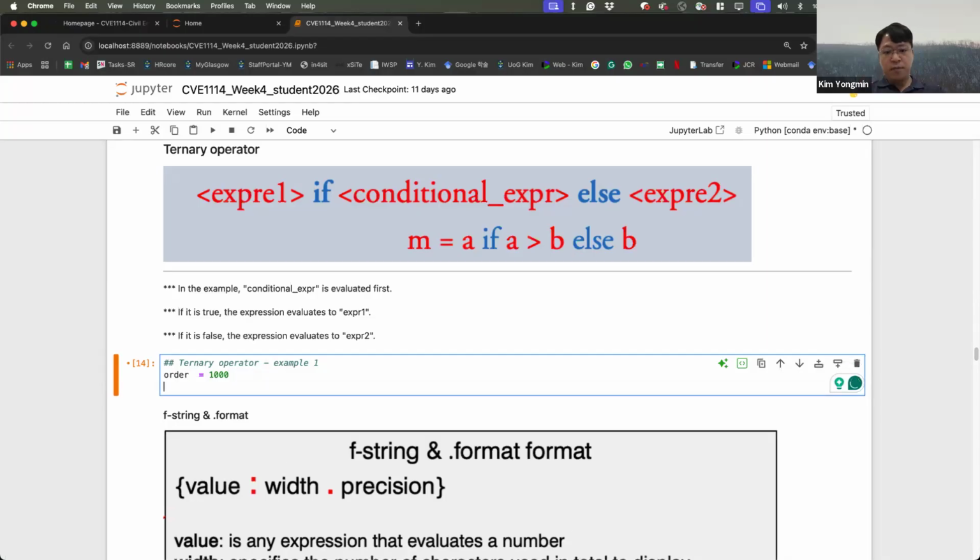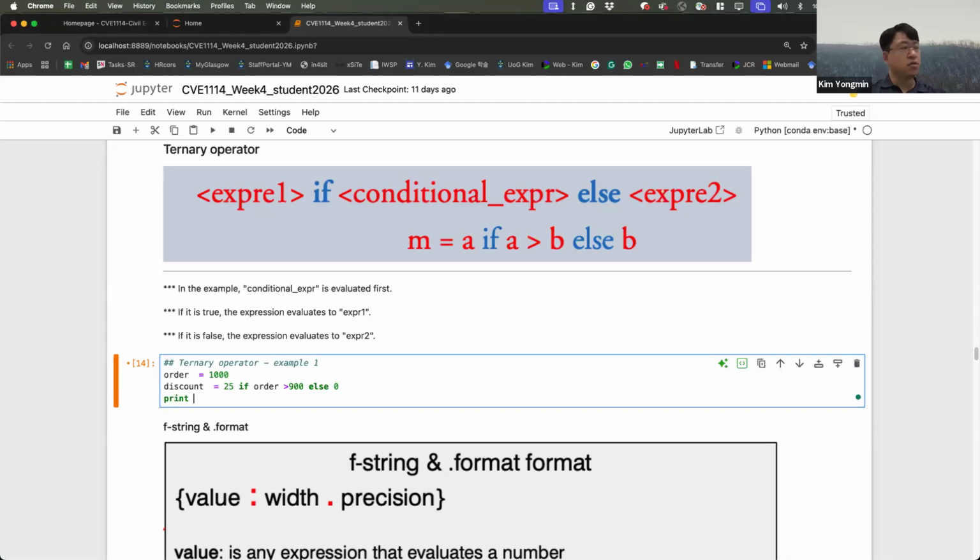So the boss will discount 25% if your order is more than 900. If not, if your order is less than 900, the discount is 0%. And print out the discount to check.